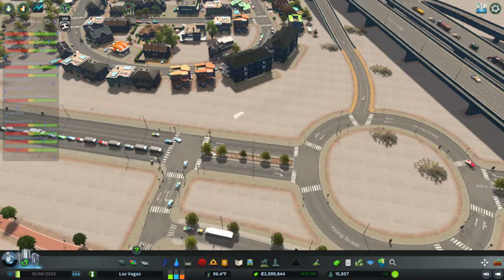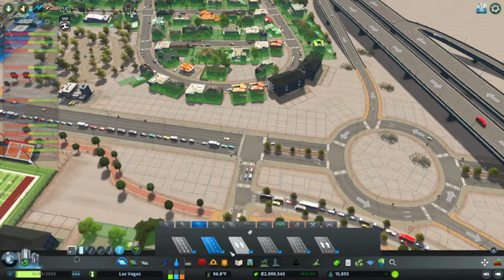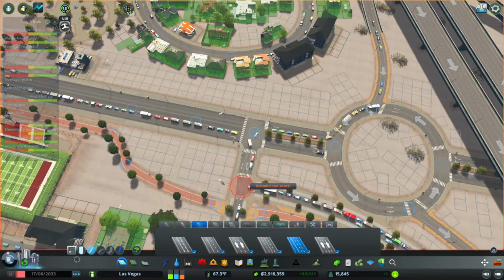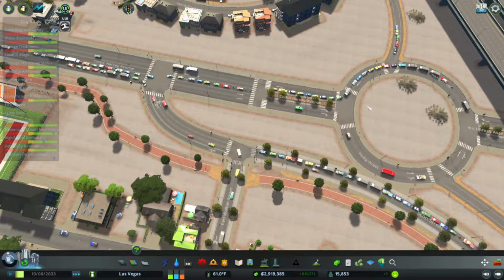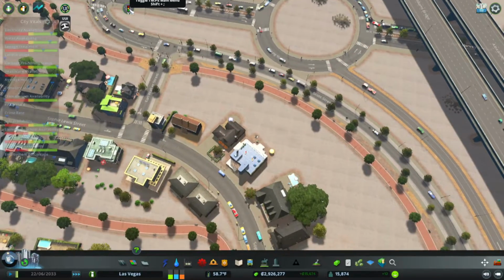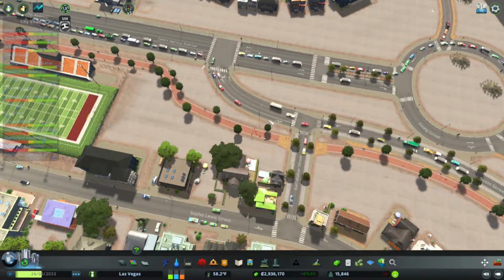It doesn't help that we've got this outcropping of this neighborhood here, which I might end up moving down here. You know what, I'm going to do that. I'm gonna bring that here. Yeah, because I don't like how close that was to there. But what we can maybe actually do is, if a lot of people are turning right out of here to get onto the freeway,